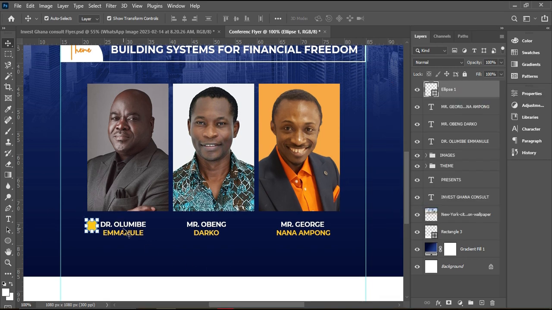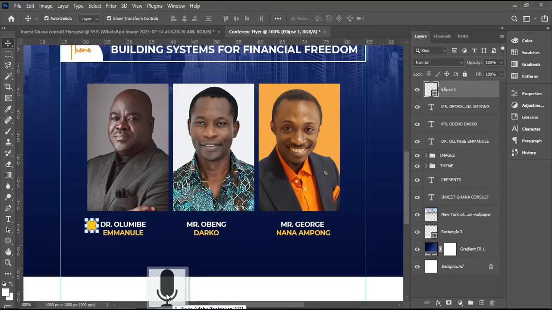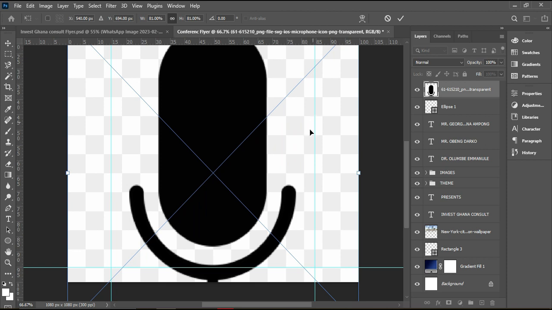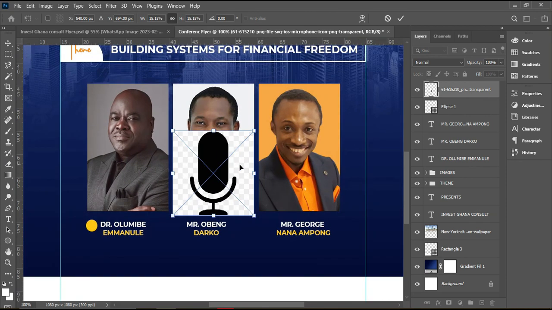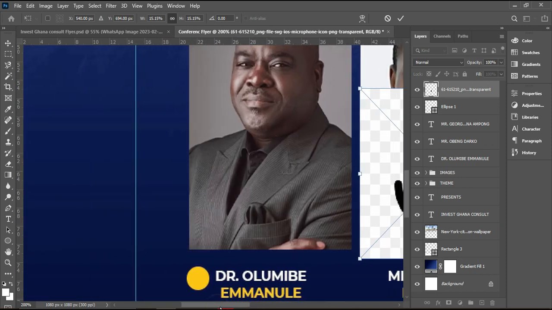Once you are done with your ellipse, make sure that you select the ellipse, go to your resources. Okay, so I'll give you this microphone. Okay, so just drag it and bring it onto Photoshop. Okay, so let's zoom out and then make sure it is small. Zoom in. Okay, so I'm going to get something like this. All right,